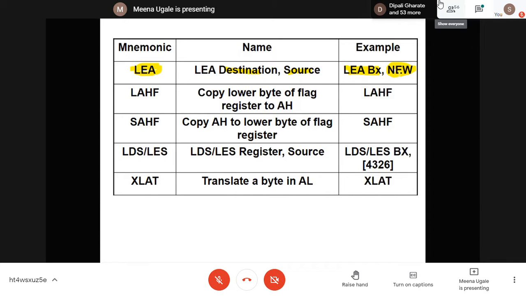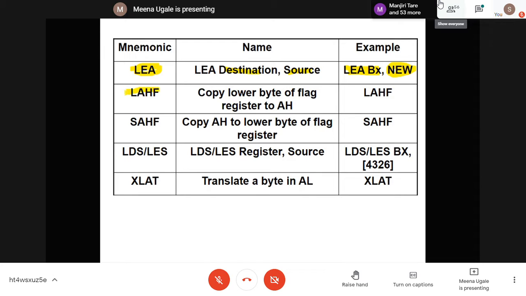If it is located at location 1000, starting from the data segment at 2000, it will copy that effective address into your BX register. I'll show all these example instructions in our program, and at that time I will show you which effective addresses are getting loaded into these registers. You can see that in the TASM software.